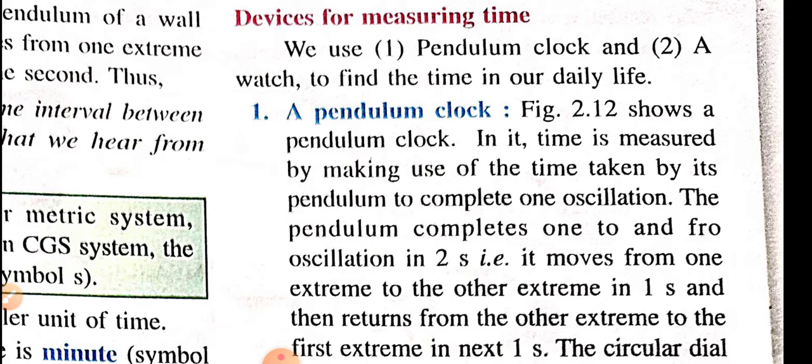There are 3 needles joined to the axle of a gear wheel at the center of the dial. As I just explained, one is the minute arm, one is the second arm and the last is the hour arm. In the time interval when the pendulum moves from one extreme to the other extreme, the second arm moves by a small division. The minute arm moves by a small division when the second arm completes one round, and the hour arm moves by 5 small divisions when the minute arm completes one round. This is the total working of the pendulum clock.